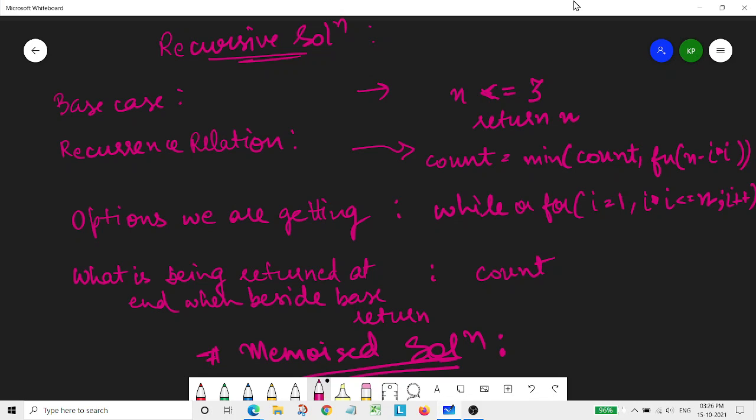Before going towards the base case, let's take what should be the recurrence relation. As we need to create breakpoints, whatever breakpoint would be there, its length should be a perfect square, right? So we are required to subtract the perfect square from a given number. That's why the recurrence relation would be getting this particular n minus i into i as parameter, and this is what our function would be repeatedly called with.